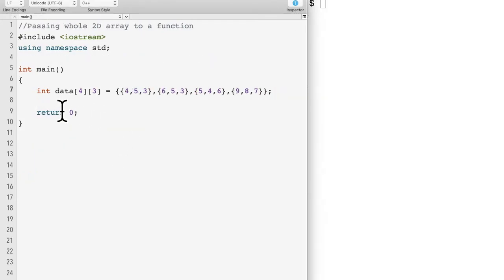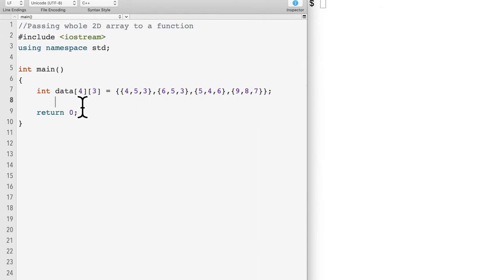In this example, I will show how to pass the whole 2D array to a function. Here we're going to use the same array as previous example, data, and the rows number is 4 and the column number is 3, so 4 times 3, and there are 12 elements here.